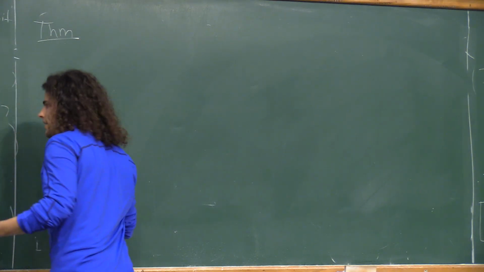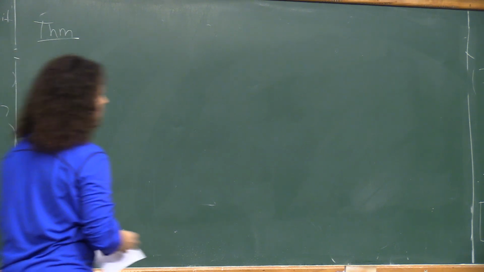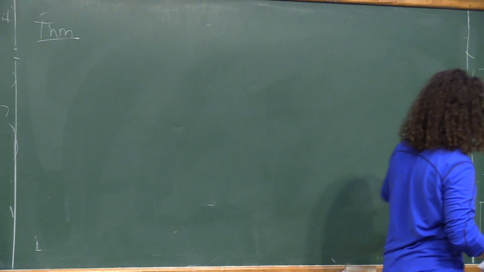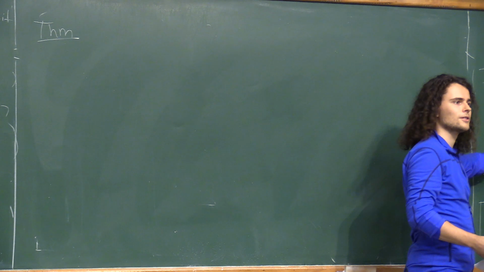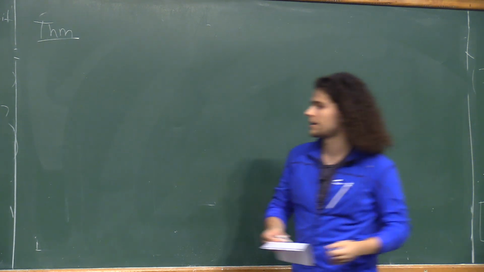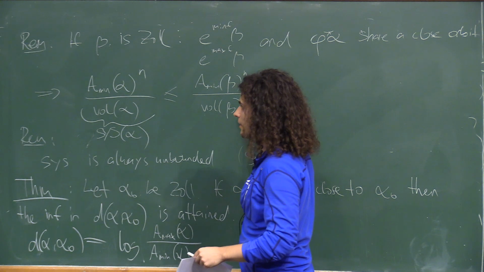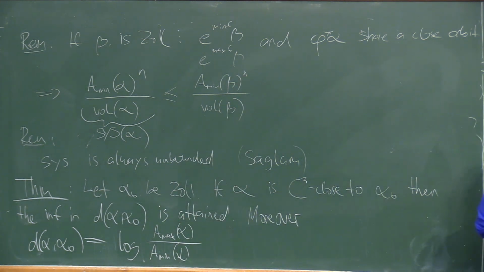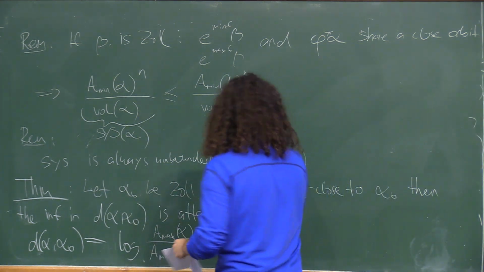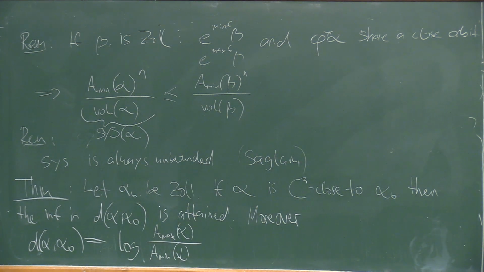Well, okay, by the way, at this point we can already recover this result here. So we had C3 close to alpha 0, then this infimum is attained, and then we have this remark here. Just from the fact that the infimum is attained here, we can already recover this result, and of course also this one. Okay, that's a remark. But now this old and classical result.